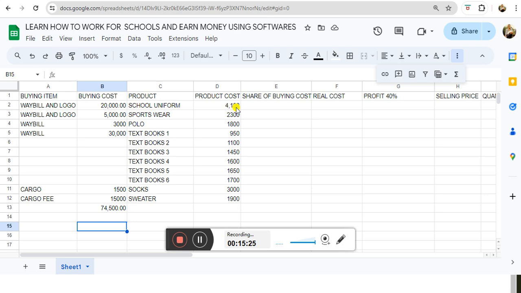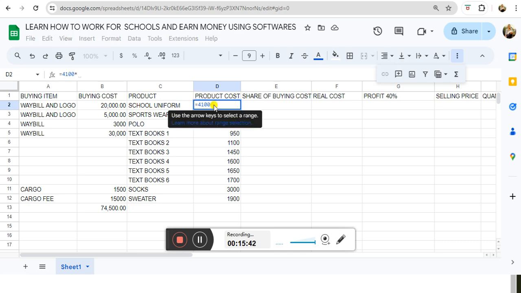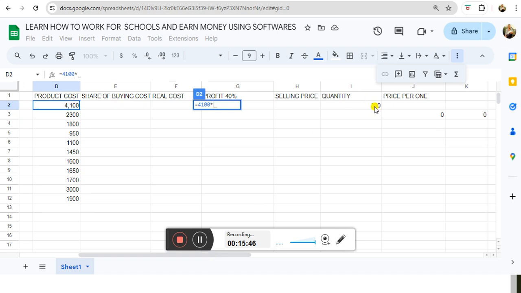So remember, this 4,100 is per student. So you are going to multiply it by putting equal to at the back. You are going to multiply it by this 300, that's the total quantity supplied. So we are going to get